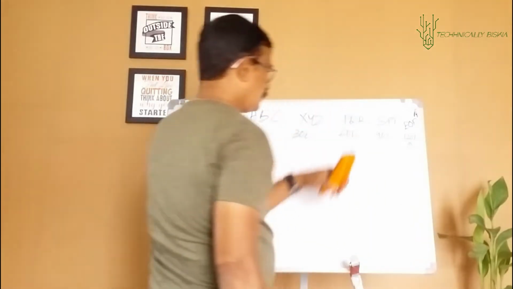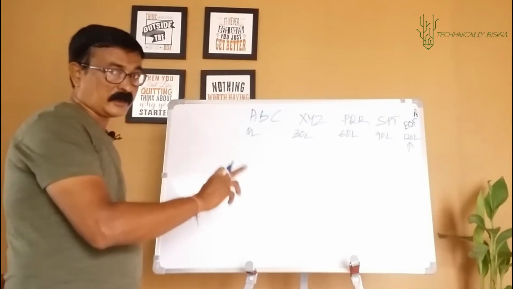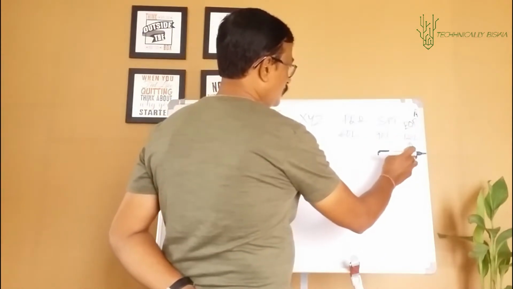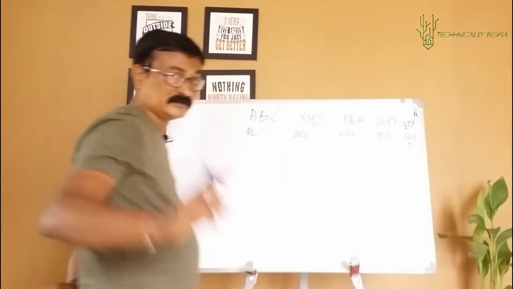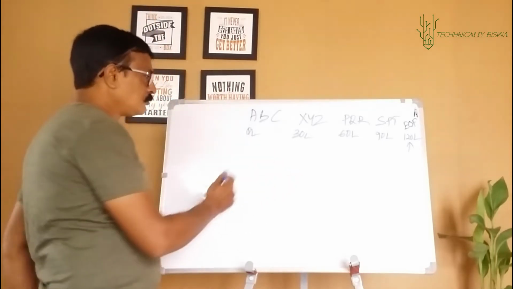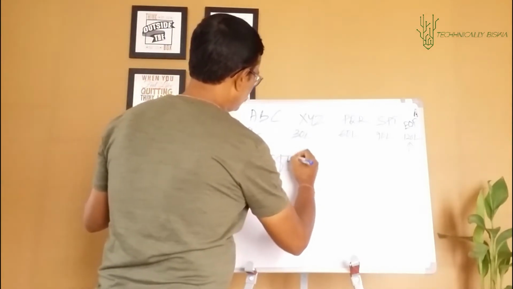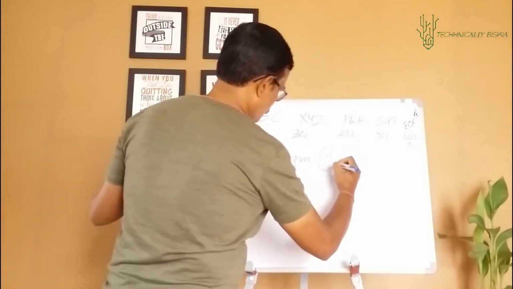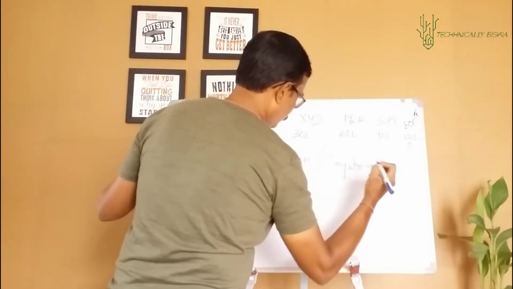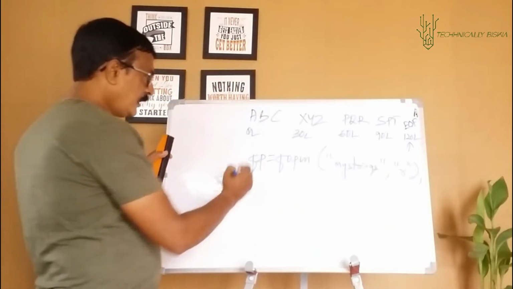Your end of file character is at which place? 120L. Remember that. But your reading will start from where? From 90L. The first string is starting at the position 90L. Remember that. So what do you do? As usual, open the file. fp equal to fopen, file name, let's say mystrings, comma read mode, because I will be simply reading the file. So read mode, pointer is here.